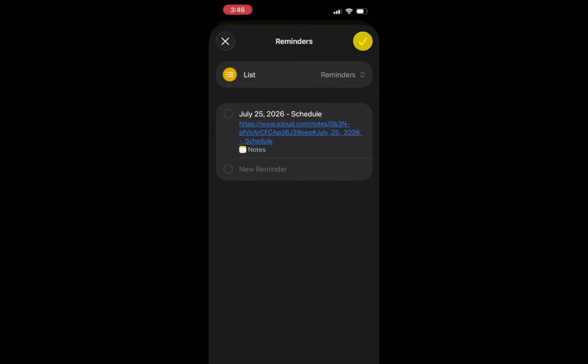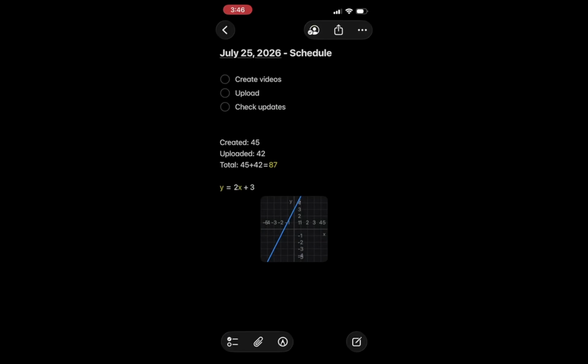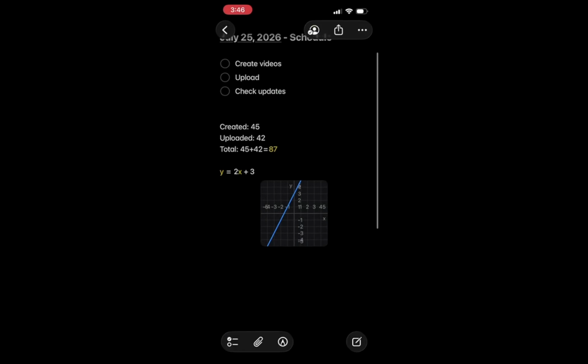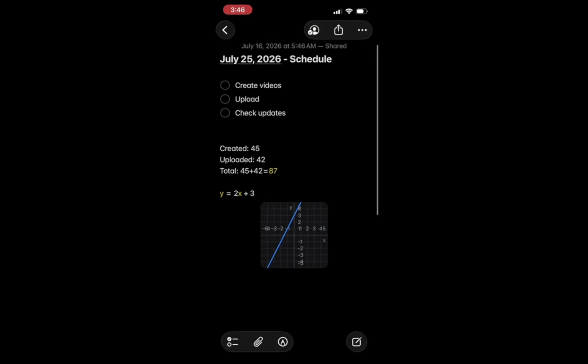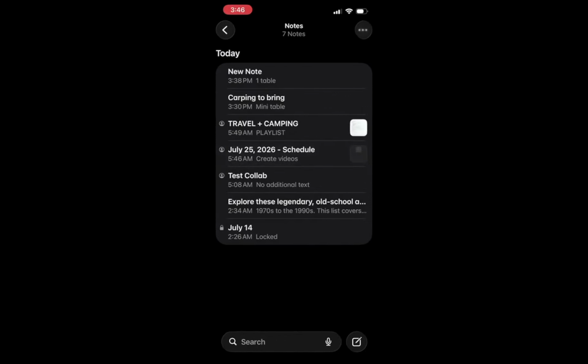As a quick tip, you can also copy a note's contents and paste them into a Reminders Notes field for additional context. This adds another layer of detail to your reminders. By including relevant information, you can ensure that you have everything you need at your fingertips. Remember, the more context you provide, the easier it will be to execute the task when the reminder pops up.